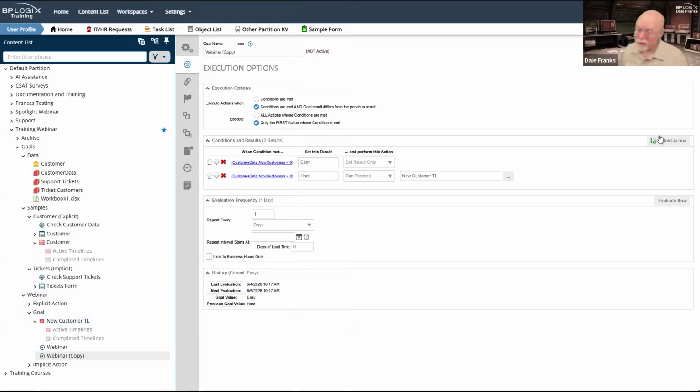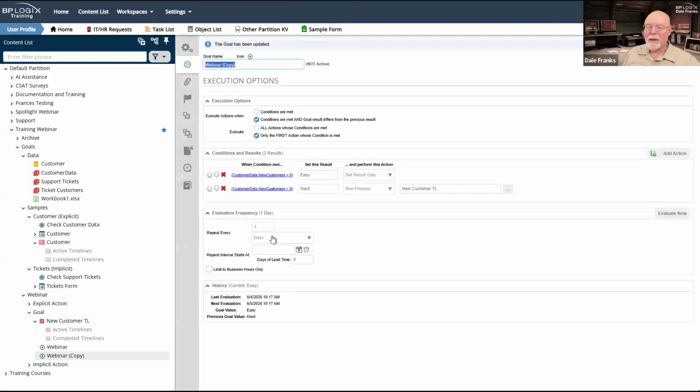So now we have two goals, one that has an explicit action and one that has an implicit action. So when we evaluate this goal, let me update it. Again, I've got my new customer timeline.